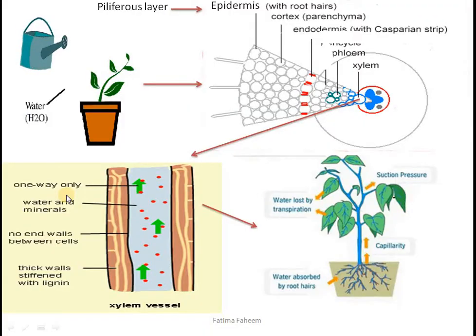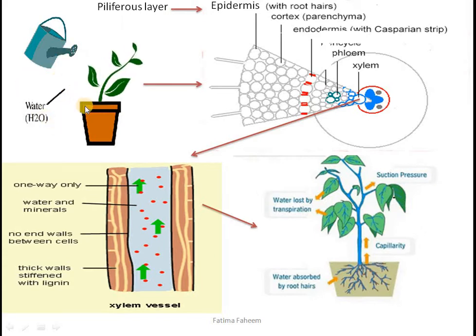First, let's see how water is taken up by the root hair cell and then into adjacent cells and then into the xylem vessel. If you see here, whenever we give water to the plant, the water is absorbed by root hair cell. This water would be transferred to adjacent cells by simple diffusion because of the water potential gradient. It will keep on moving into the subsequent cells until it will reach the xylem vessel.